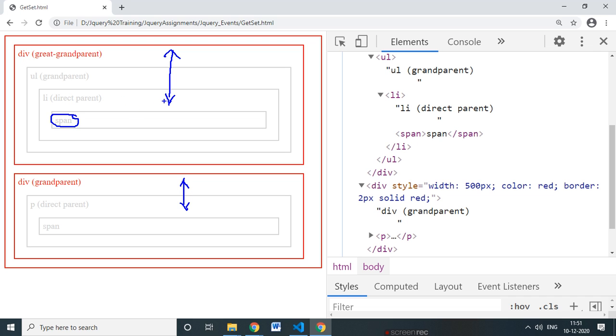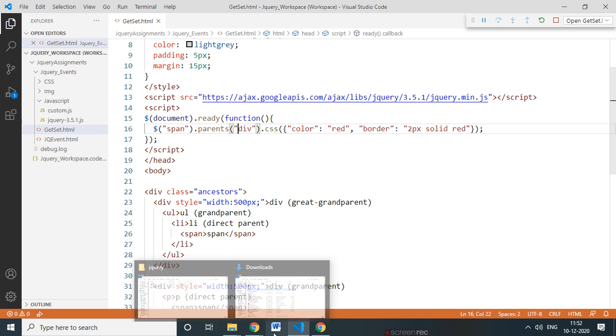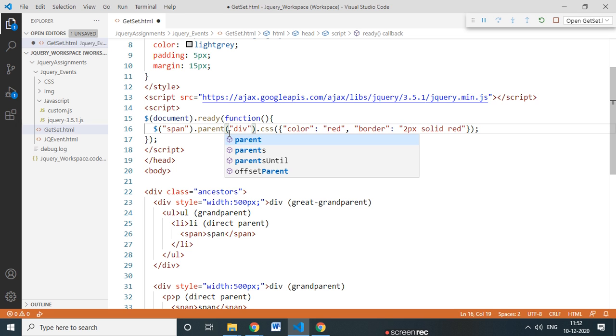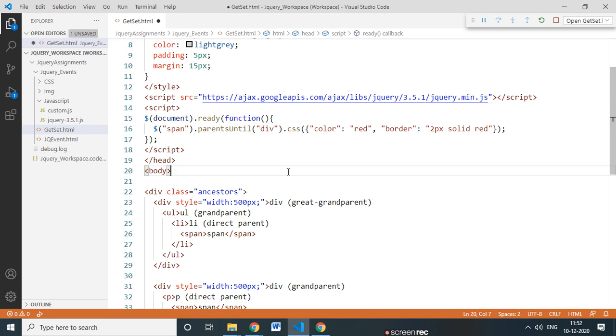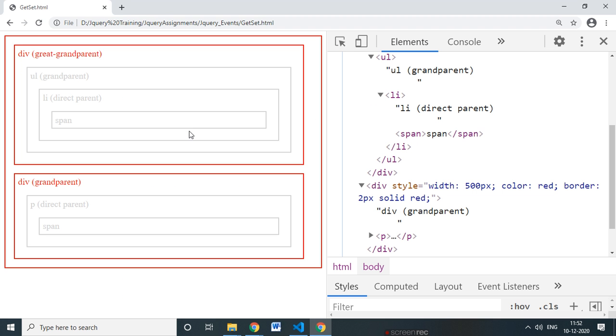Until means until you find the particular div parent, apply the effect up to that. So how will it help? See, we'll go here and I will say parent until. Okay, now save this. Now see the output.